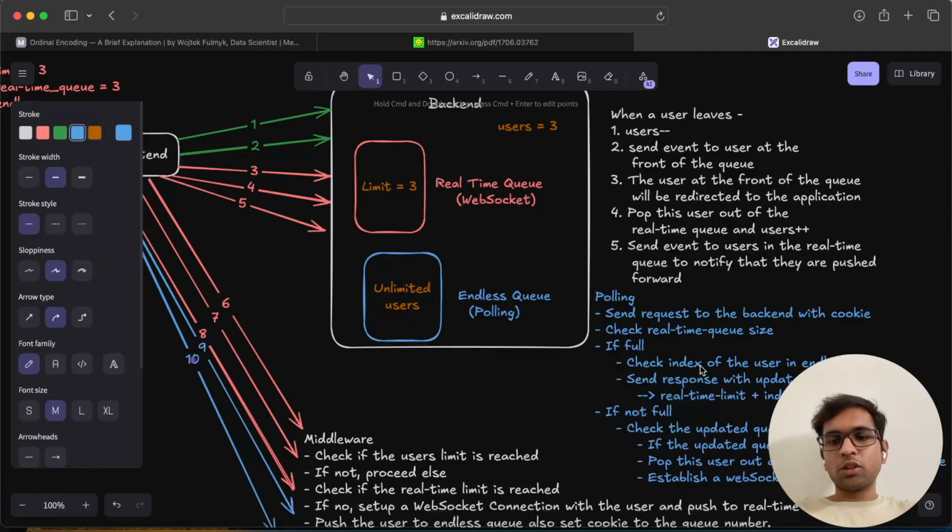To get to know the queue number at every instance, we need to have a connection directly with the backend server. But in a real world scenario, there might be some services like Redis or any cache management services that will store this queue size, and all of these parameters will be taken care of by these cache management services, and they will provide it readily to the users, and that would obviously reduce some more load on the backend. But this is something by which we are trying to manage a bit of load